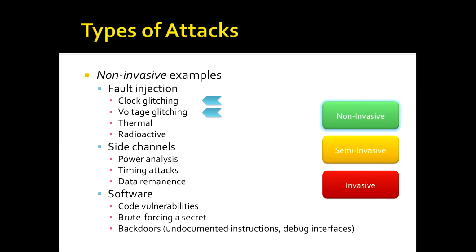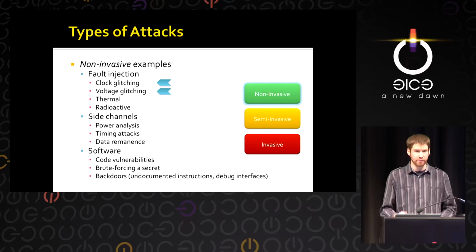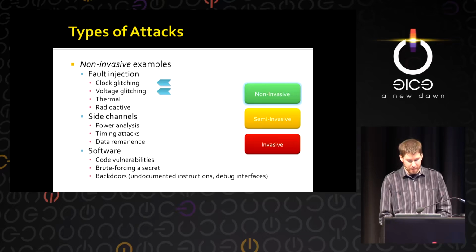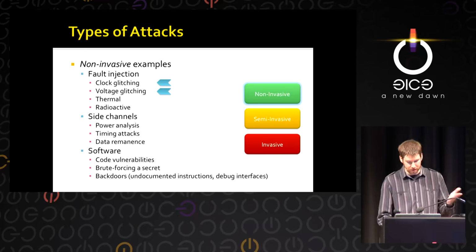So the next umbrella is kind of side channels. That's where there's power analysis, where you're basically studying the current consumption or power consumption of the chip, which can leak operations being performed, can reveal things like crypto round keys or intermediate keys that could be used to derive a full break on the encryption. And it can also provide an indicator of where the CPU is in its instruction execution of the overall program.